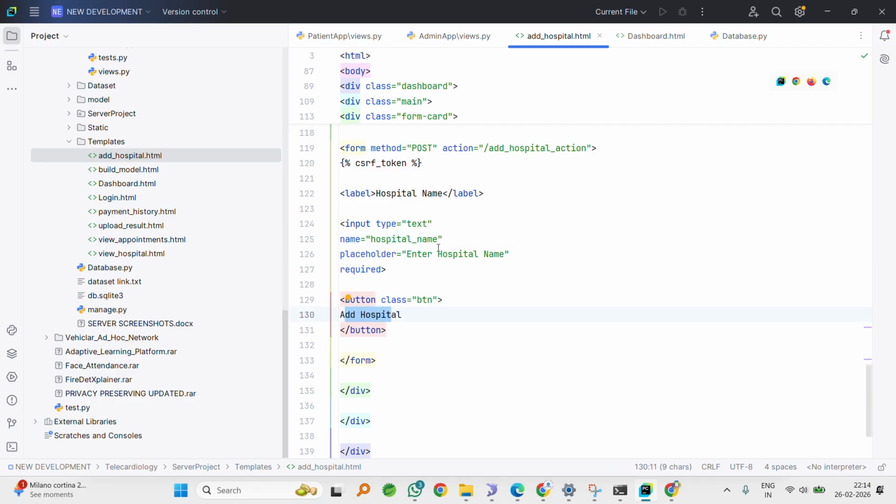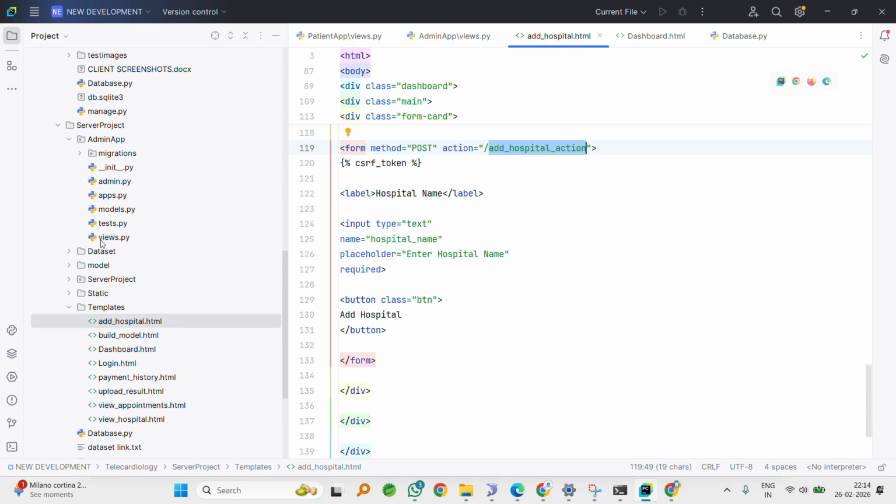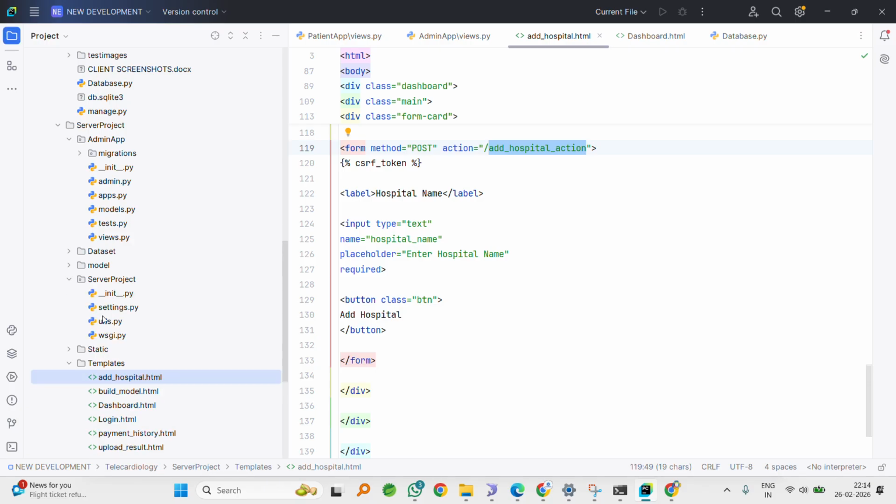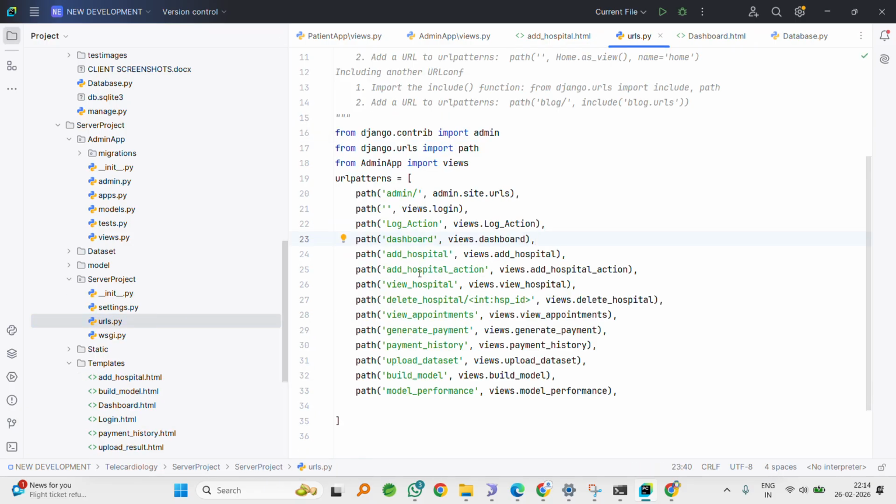If I click this button, this request again moves to the add hospital action, add_hospital_action. Every request moves to the URL page bar. This is very important. The URL is important to map the URLs. Now the request is add hospital action. Now if the URL is